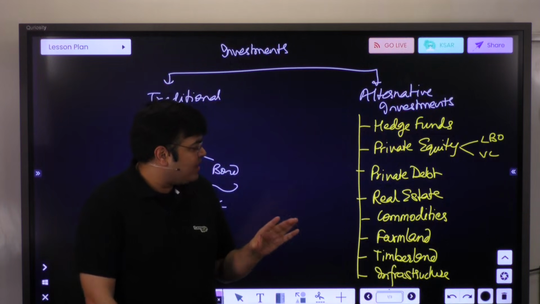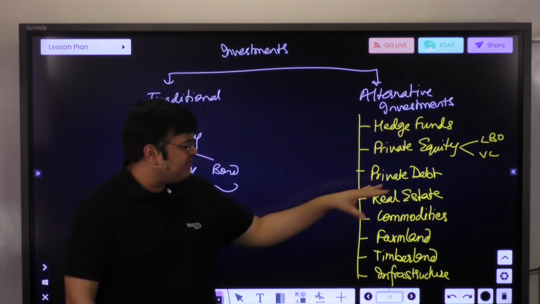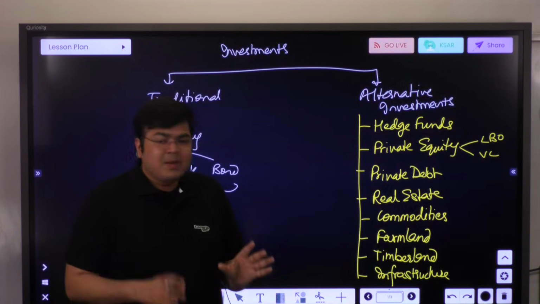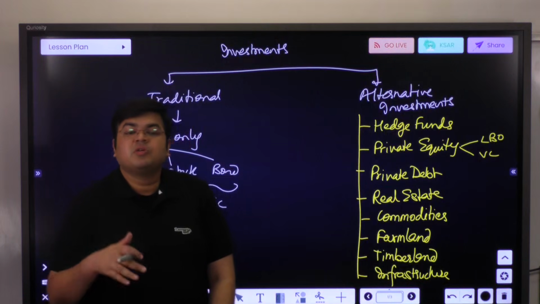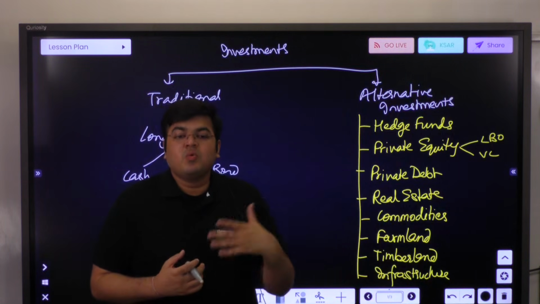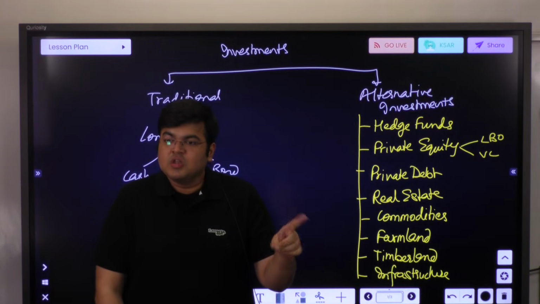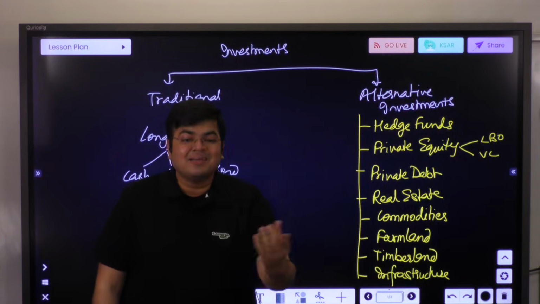Now let's go through one at a time. Let me start with real estate first. So I'll go in my order, the way I want to. So when I'm looking at real estate, the house you live in is also a real estate investment. Now you'd wonder what is the return from that. So one, you do not have to pay rent. So the house that you're living in, the rent that you're not paying is actually a part of your income